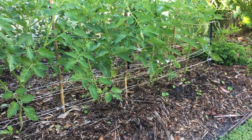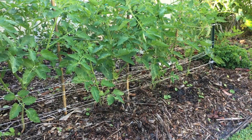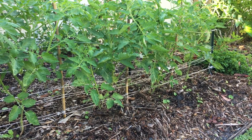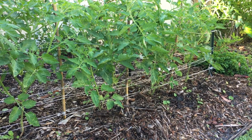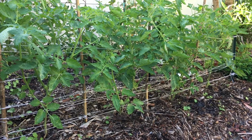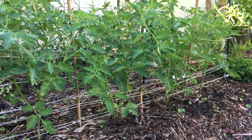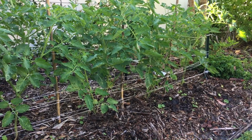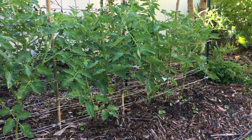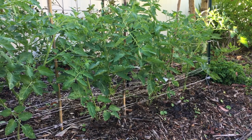So let's talk about tree mulch, right? When tree mulch fully breaks down, it's basically the compost that I'm using in my home market garden. Where these tomato plants are, I did apply some organic fertilizer. So below that tree mulch, there is some beautiful composted soil because this is about 2 years of tree mulch